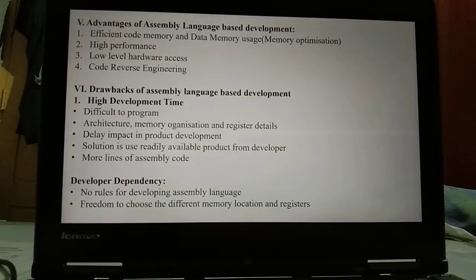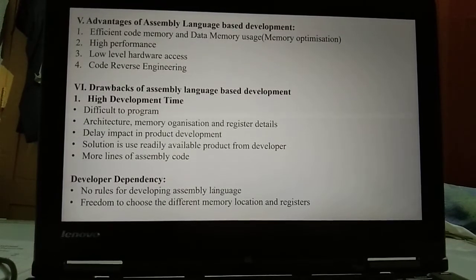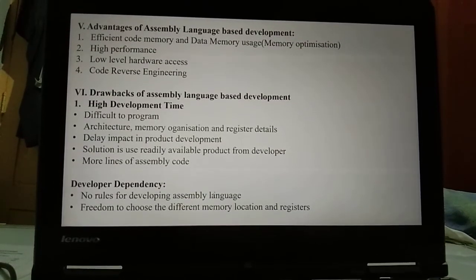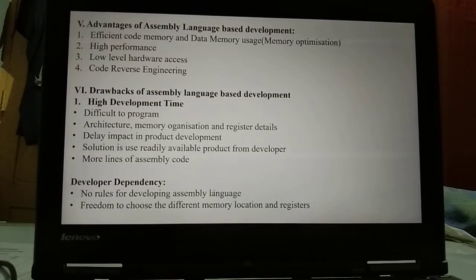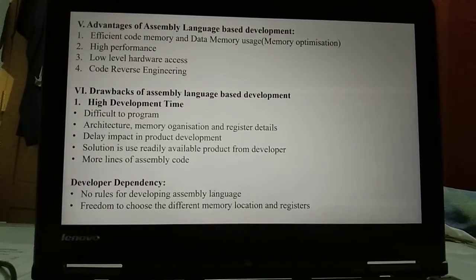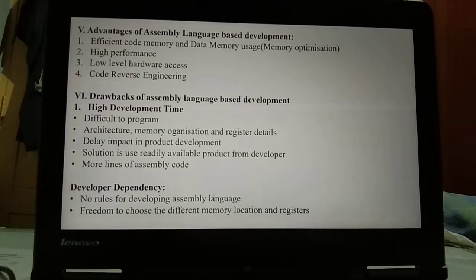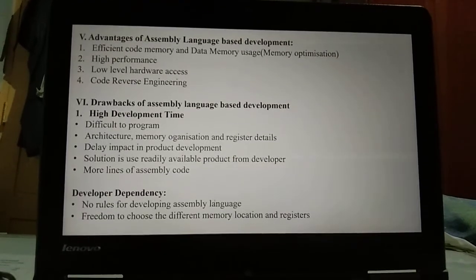To know about the instructions and to know about the assembly language based product, it takes more time, so it delays the product development. So the solution for this is to use a readily available product from the developer.